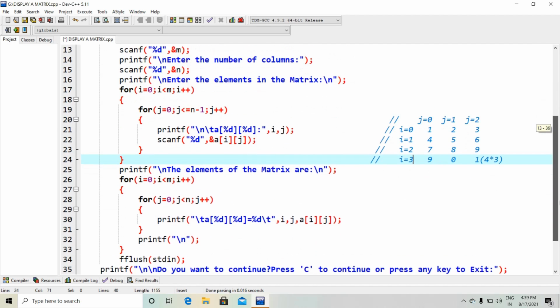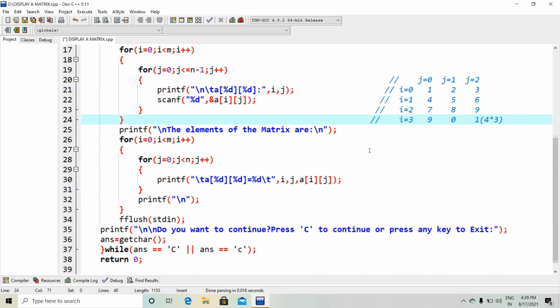Then we have to display, that means print, those array elements. Same thing: for i equal to 0, i less than m, i plus plus; for j equal to 0, j less than n, j plus plus. Printf a of %d %d equal to %d.